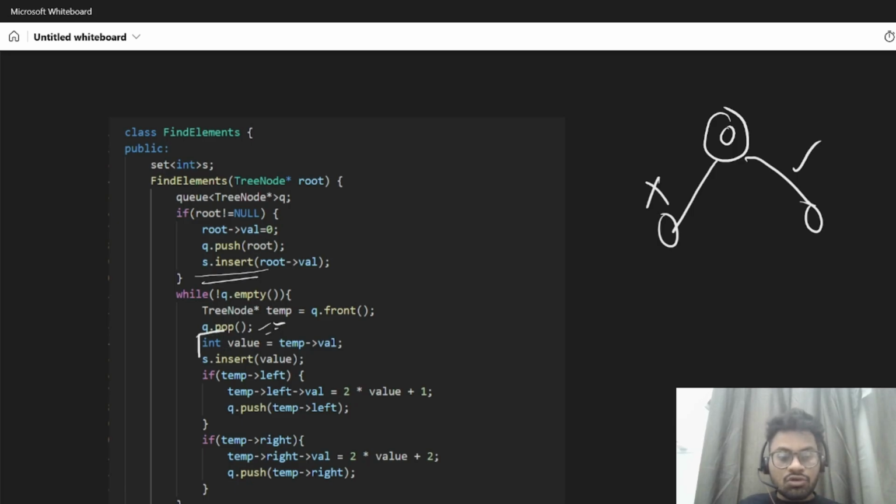And we need to store this value because for the left and right children, in order to get the value we need to multiply the root value by 2 and add 1, right? So we need that value. So that's why, for that sake, I'm just storing it into our value and pushing that value into our set, because when we retrieve the values, we push them into the structure so that we can find them in the find function. So if temp left is not null, then the conditional statement will